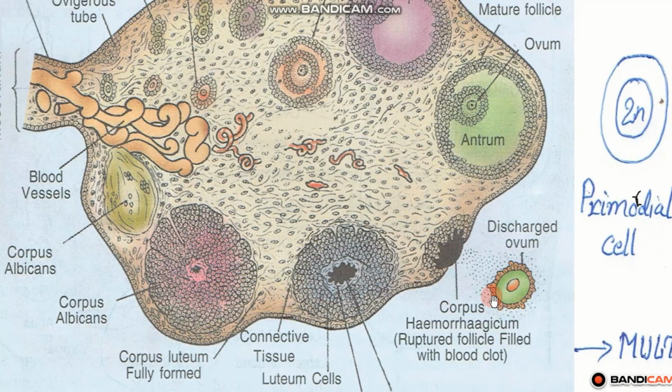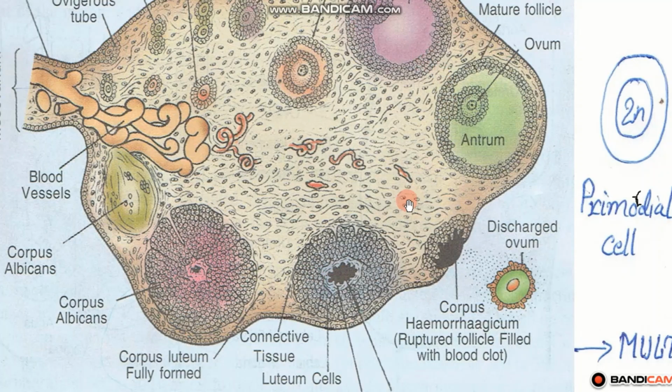If the fertilization never occurs in the fallopian tube, then this will degenerate after 14 days. So it means that from germinal epithelium to the releasing of the ovum, it is 14 days, and the next 14 days means completely 28 days. From here 14 days, and from here to here 14 days. If fertilization never occurs, then 28 days will take, and again after 28 days this same